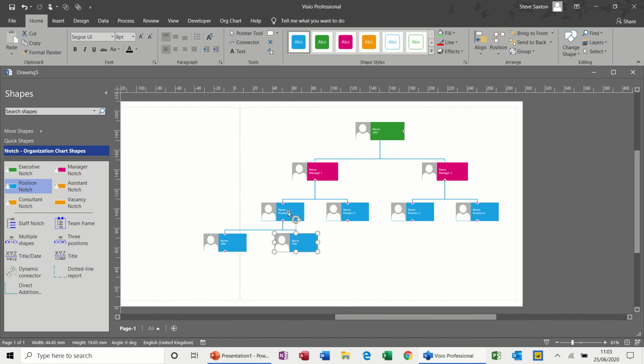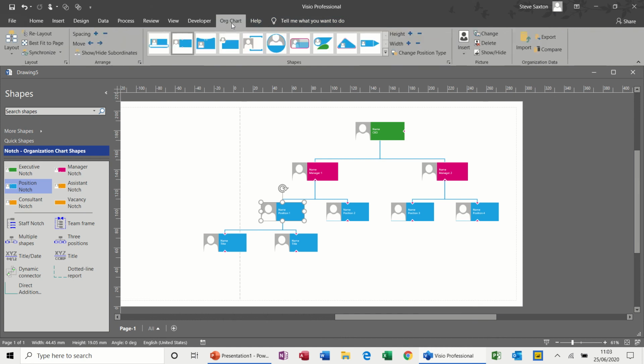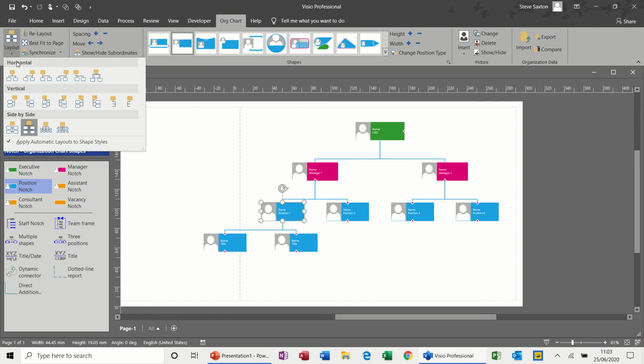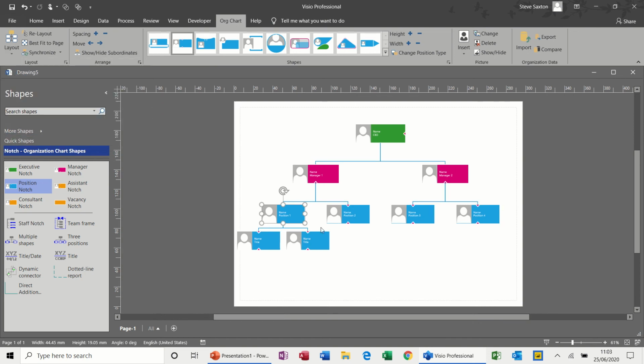Now if that's not laid out correctly, you can click on the top one, the management level, and then go up to the org chart tab at the top there, and change the layer options maybe to be side by side. Let's try that. Obviously there's not enough space to do that there, so you're going to have to move these anyhow. When you create an organizational chart, if it's quite detailed, you do have to move things